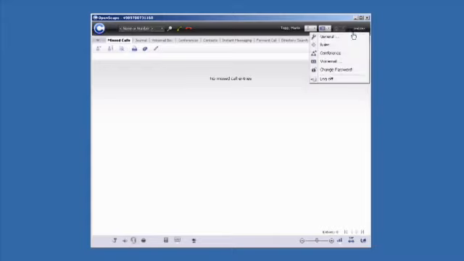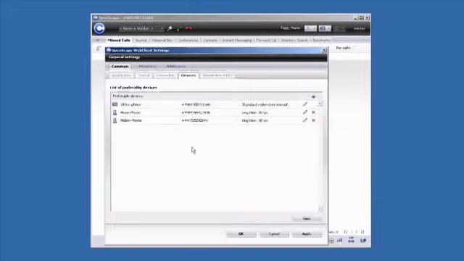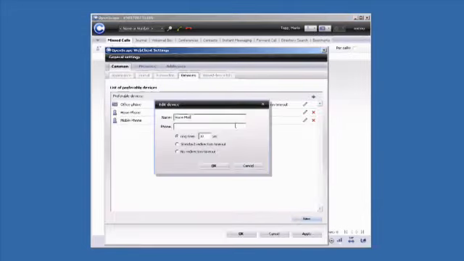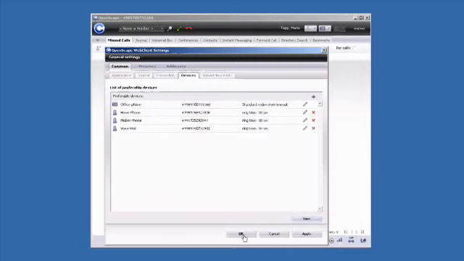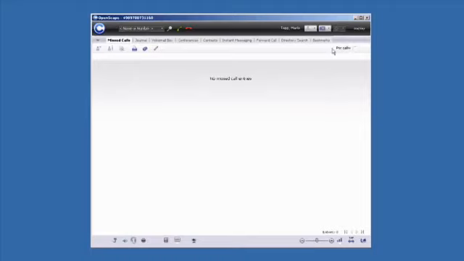Now that you have the number, you add it the same way you add any other device. When you look at the device list, you will now see voicemail listed as one of your devices. We will explain how to forward your calls to